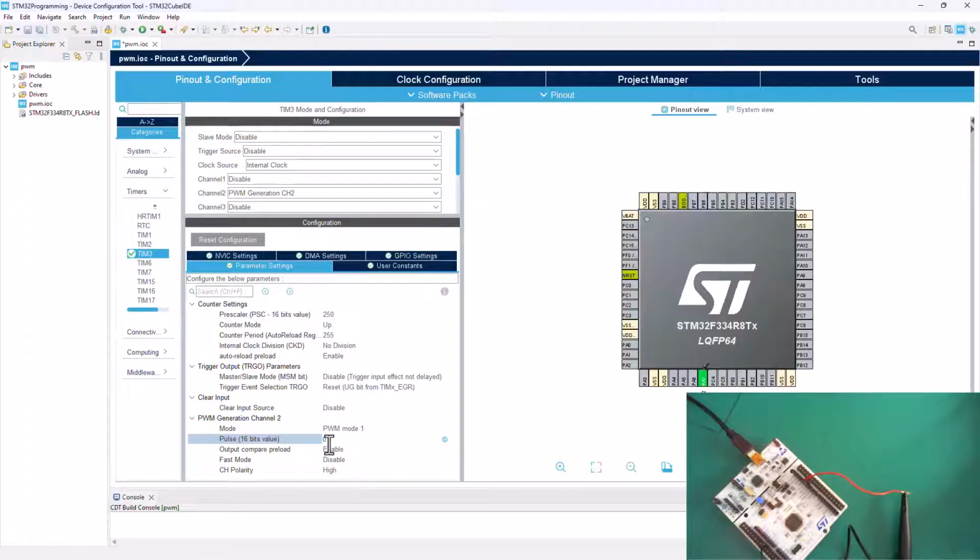So if you want 50% duty cycle here, that means you need 50% of 255. Okay, so what is 255? What is 50% of 255? You just write a number. So if we divide 255 by 2, we're going to get